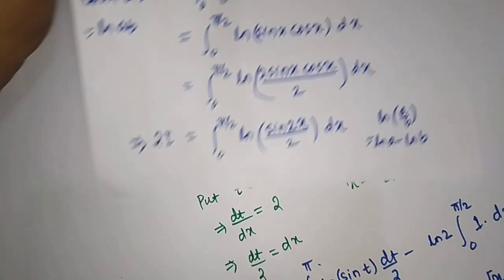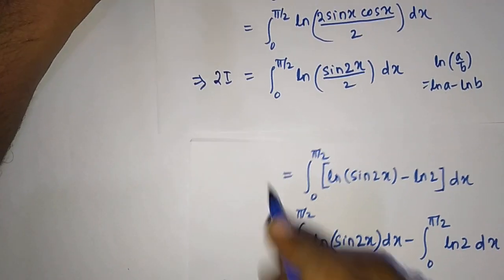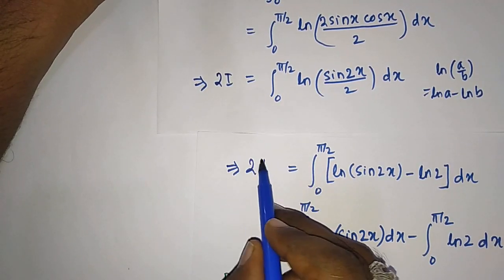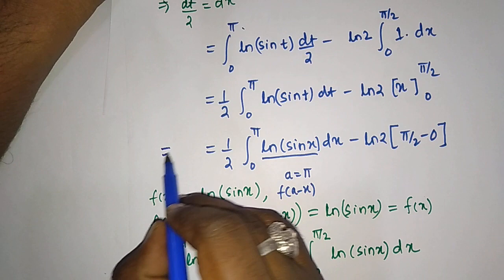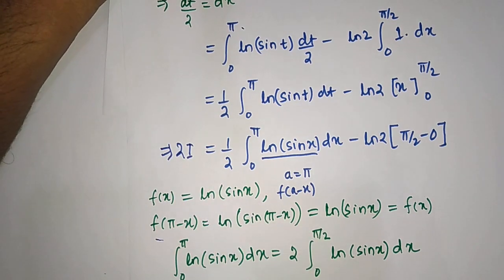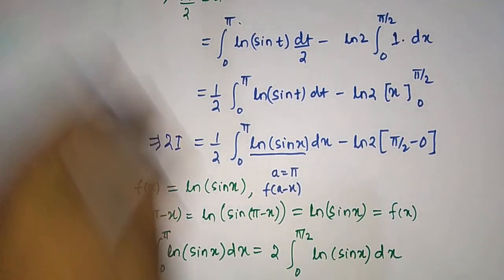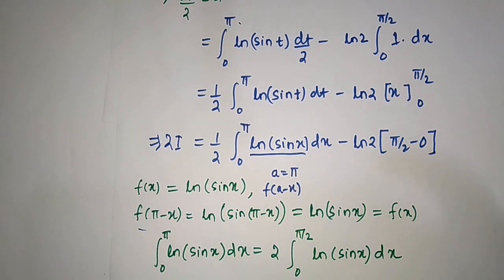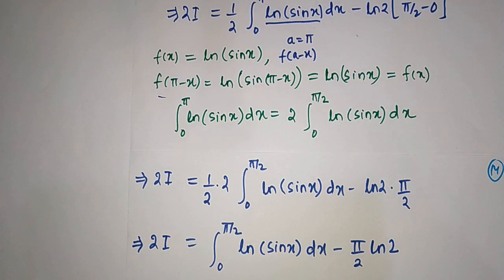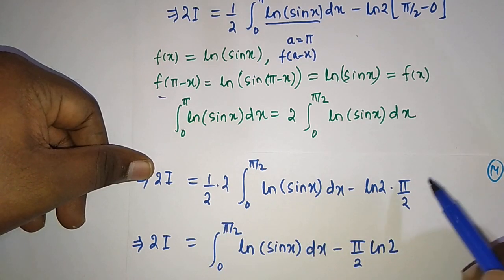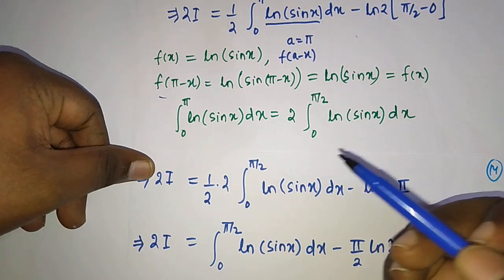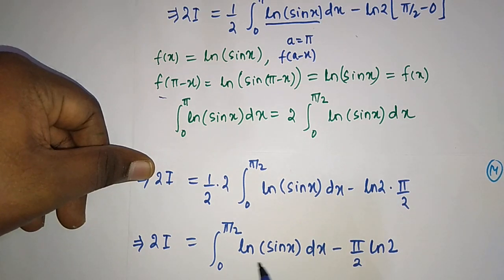Okay, 2I equal, that implies in the final step like this. In the next page we will get 2I equal to this. Okay, and here also it continues, so 2I equal to this thing. Okay, then finally what we will do, we will continue from here. So here 2I equal to this thing. Okay, now this 2 will be cancelled out.